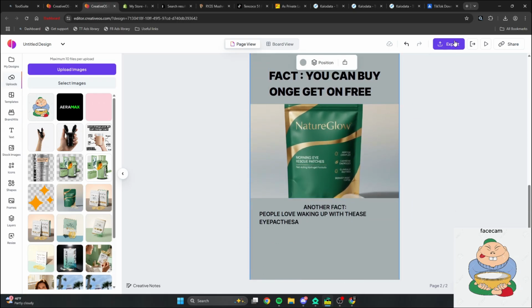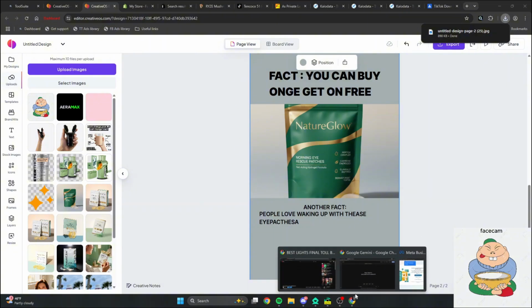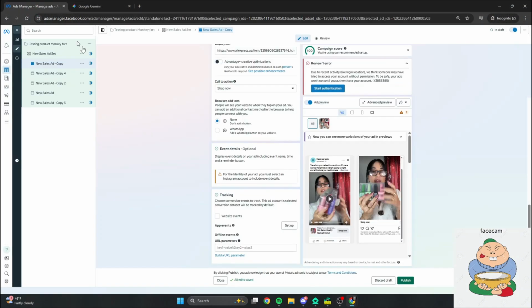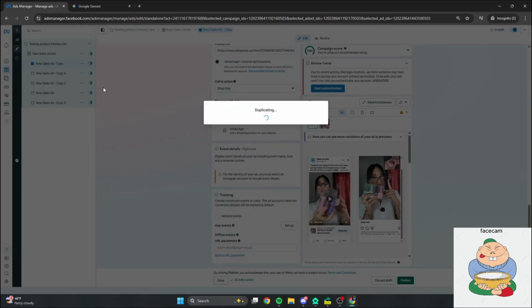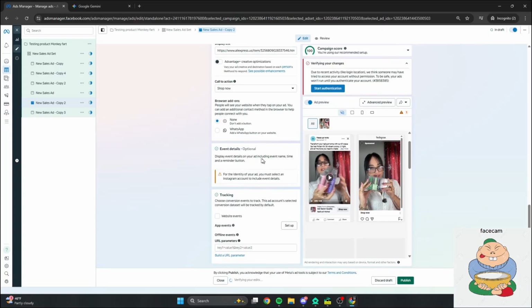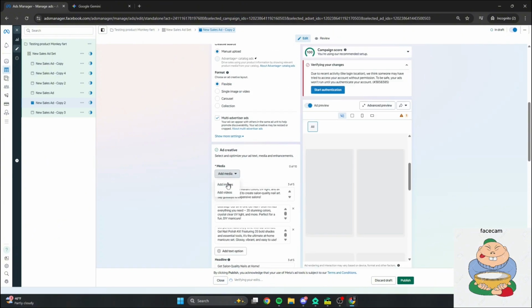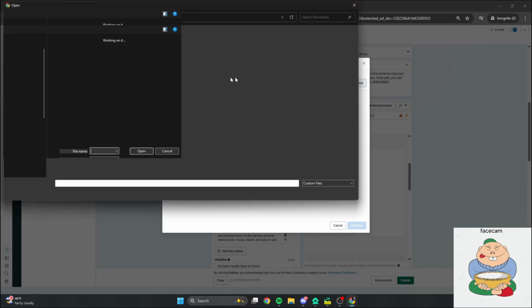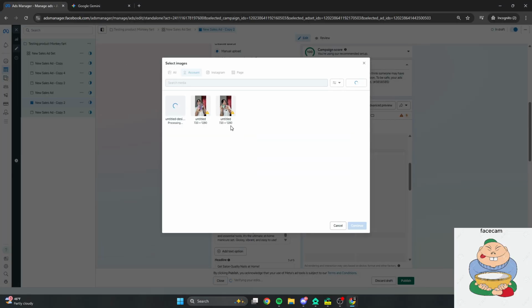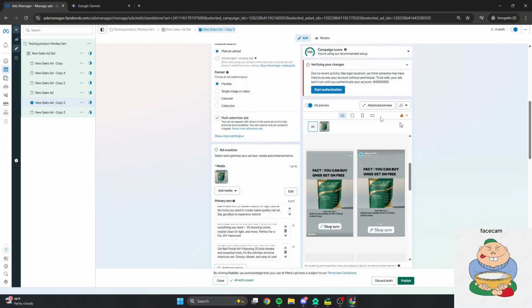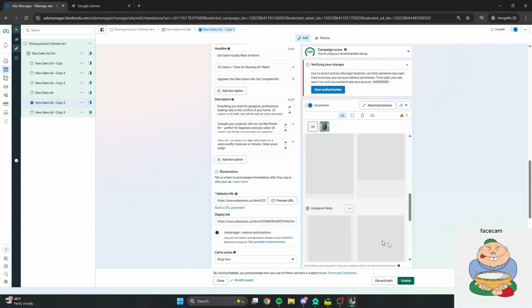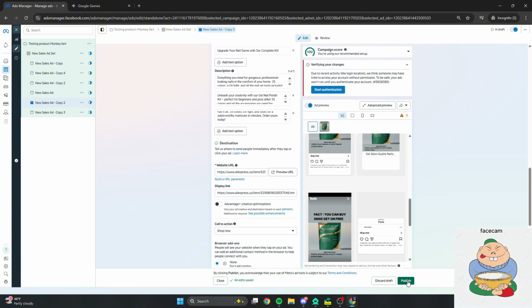Then let's say I want to do this. I'm just going to export it for the sake of the video. And what I'm going to do now is go back to my ads manager, copy this again, and then instead of having the video ad, I'm going to scroll up, click X, add images, upload, and we're going to upload that image I just made right there. Boom. And then obviously do that 5 times and you should have 5 video ads and 5 static ads. I know that was rushed, but generally that's how it's supposed to go. After you're done with that, you're going to just click publish and boom, your ad should be running.